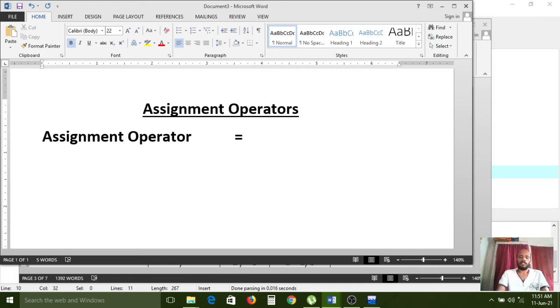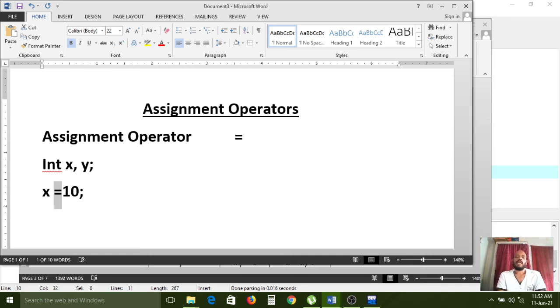Right now I am declaring two variables, int x, y. After that I want to assign one value to the x variable: x equal to 10. So to assign the value 10 to x, what I have used in between is the equal symbol, the assignment operator.